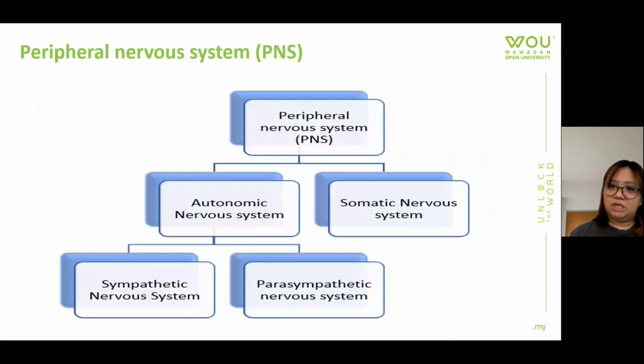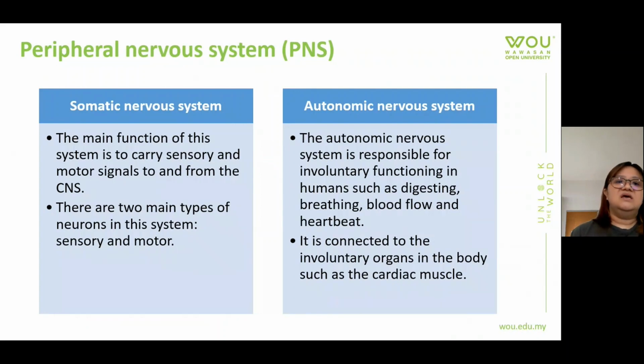Okay, so first of all, we go down to the second level, which is understanding autonomic and somatic first. For somatic, the main function is to carry sensory and motor signals to and from our CNS. So there are two main types of neuron in this system that we have learned just now, which are sensory and motor. Then the autonomic nervous system is more complicated